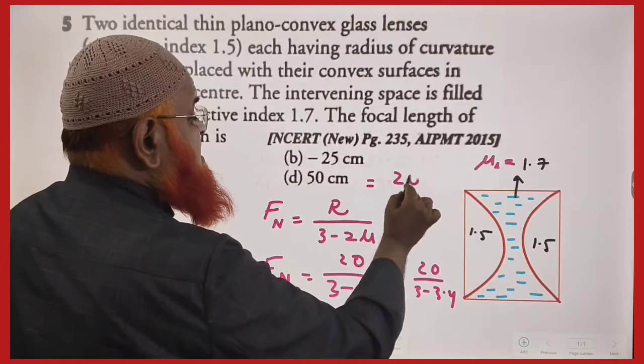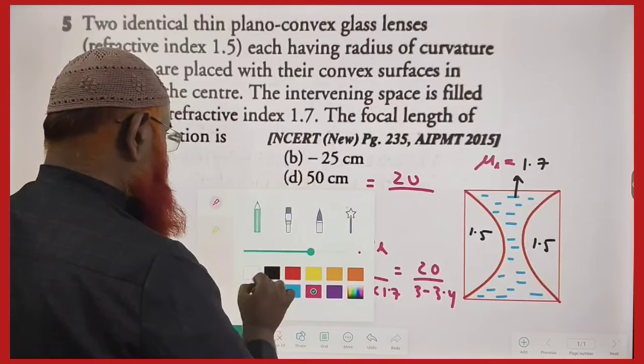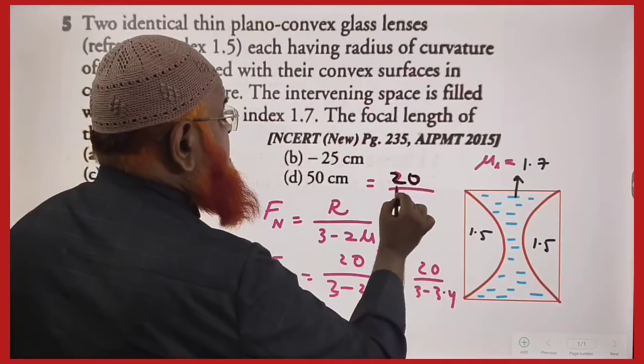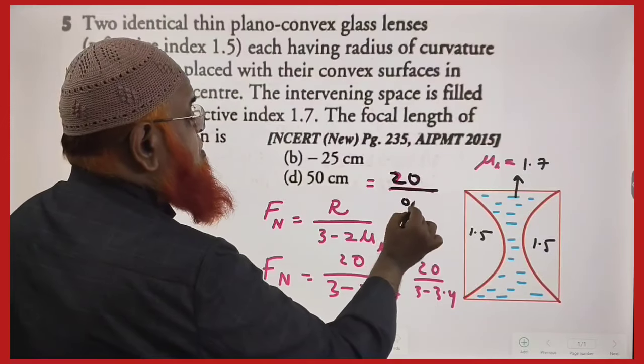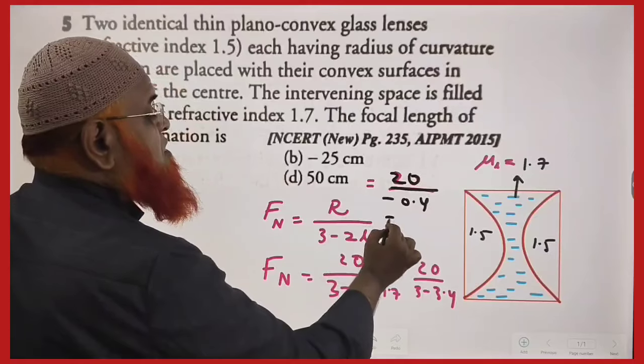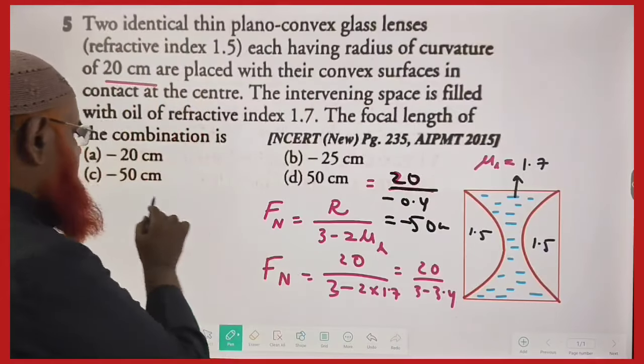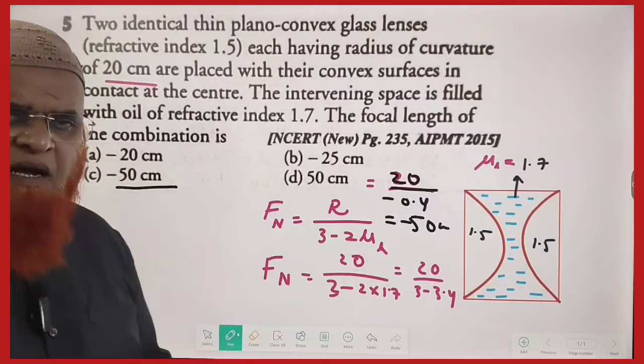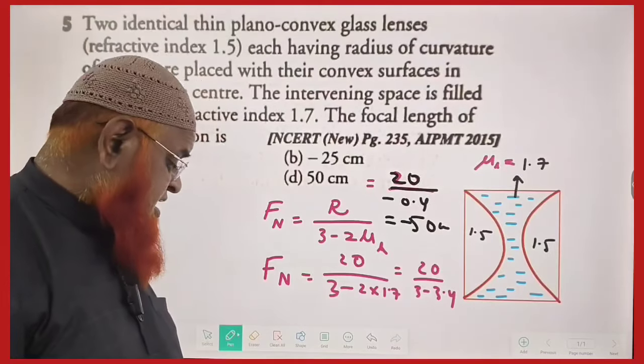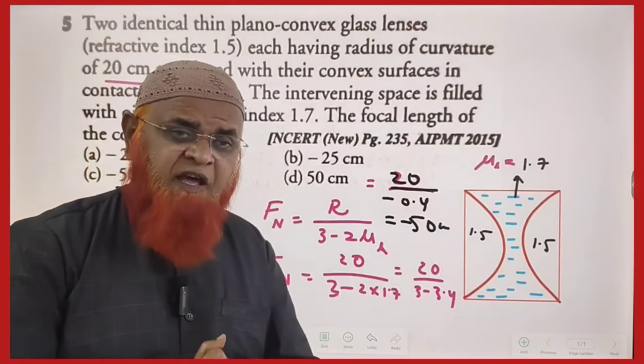ओके, तो ये क्या होगा, 20 डिवाइडेड बाई 3 माइनस 3.4, तो आंसर कितना आएगा? सो इट्स गोइंग टू बी 20 डिवाइडेड बाई 0.4 माइनस 0.4। ओके, तो आपका आंसर आएगा माइनस 50 सेंटीमीटर। ठीक है, तो फटाफट आंसर आ गया, एक ही स्टेप के अंदर आंसर आ गया ना। तो इस तरह के हमने 3000 से लेकर 5000 शॉर्टकट्स बनाए हैं।